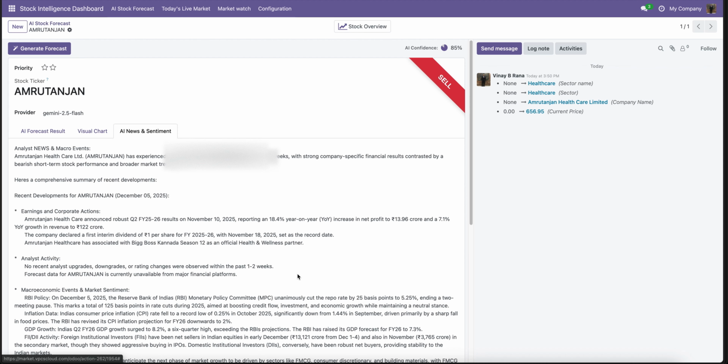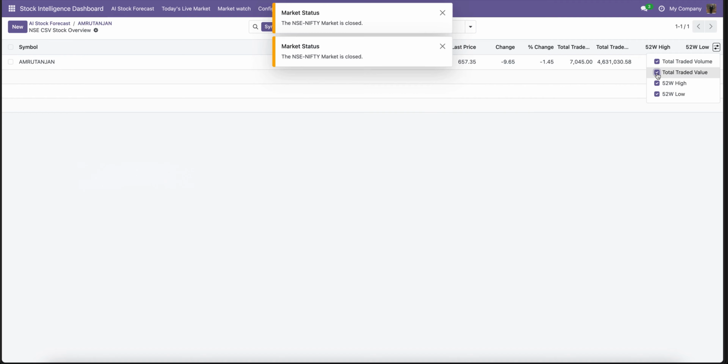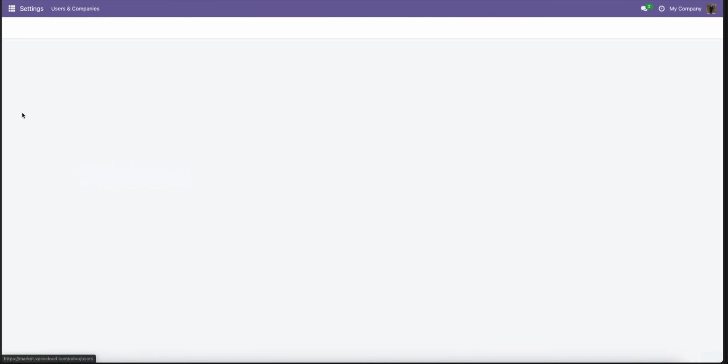We added all the tools which are really required for this particular stock, and it gives me an overview of the opening price, the low price, the previous price, and what change happened over 52 weeks. And you can add more fields in the same way. Other than that, we have configurations of users,